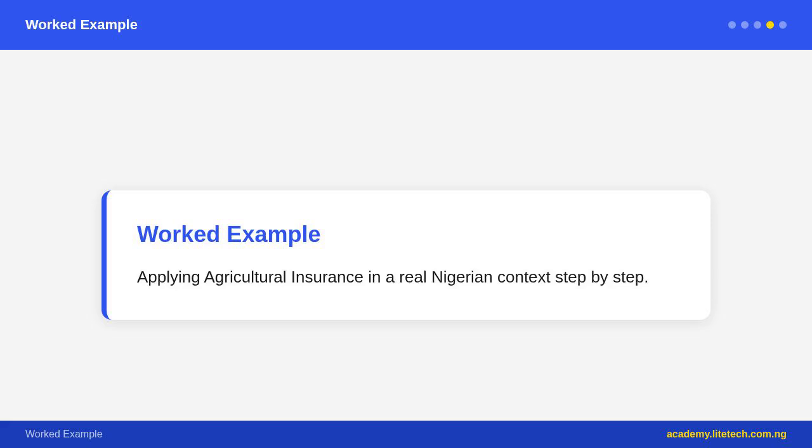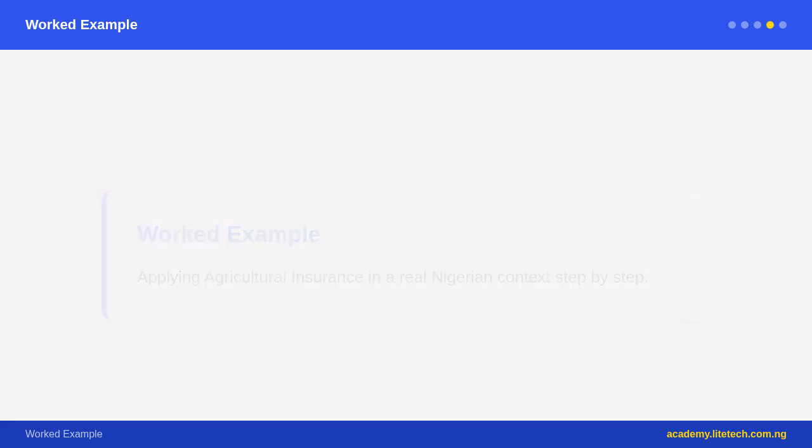Solutions and innovations. Technology: mobile phones for premium payment and claims notification, remote sensing and satellite imagery for loss assessment without farm visits, drones for crop monitoring. Group-based insurance: deliver insurance through farmer cooperatives, which reduces transaction cost.